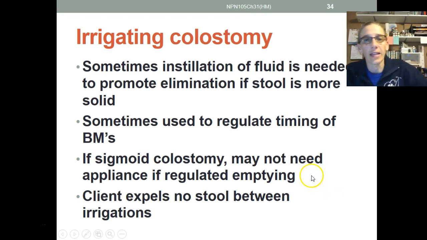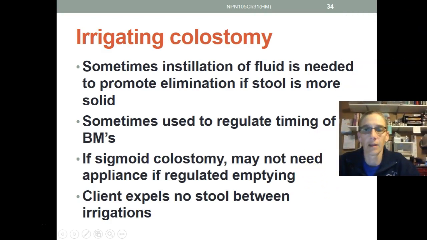All right, irrigating a colostomy. Sometimes the installation of fluid is needed to promote the elimination of stool if it is more solid. Sometimes it's used to regulate the timing of the bowel movements. If a sigmoid colostomy, we may not need the appliance if we can regulate the emptying. So again, it depends on where the ostomy is in the